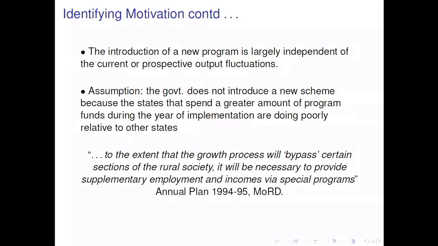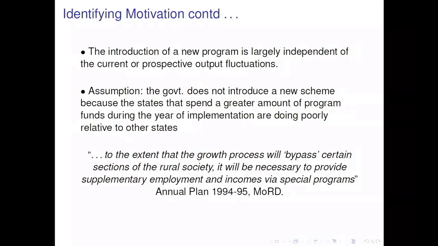This is very similar to the assumption of military spending in the US by Nakamura and Steinsson, but they are using a much stronger assumption. They are using changes in military spending across the board all over the years. While what we are concerned about is that may not be true once the program is well implemented into the system. So our measure of shock is only pertaining to the year in which the program is implemented. That's it, not after that. Okay? Once a program is well into the system, then changes in program spending can in fact be endogenous to the system.